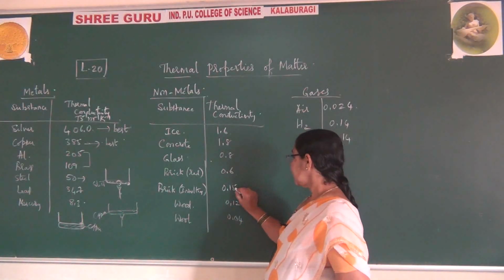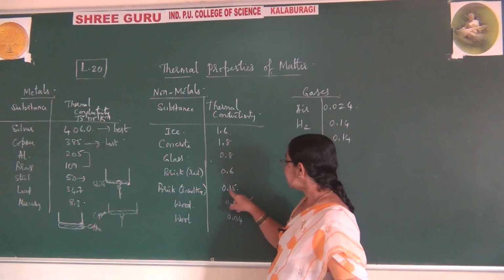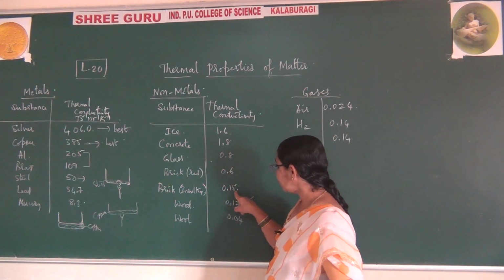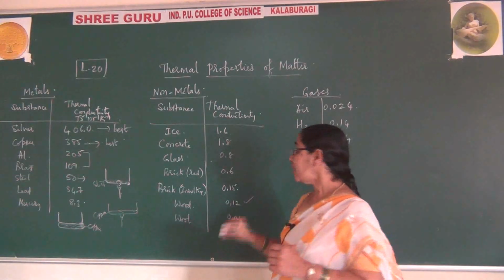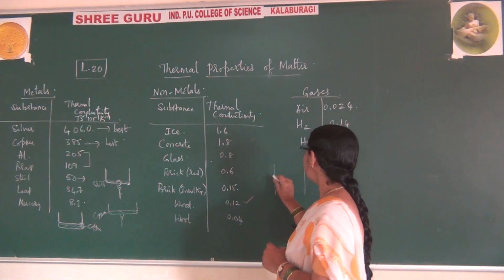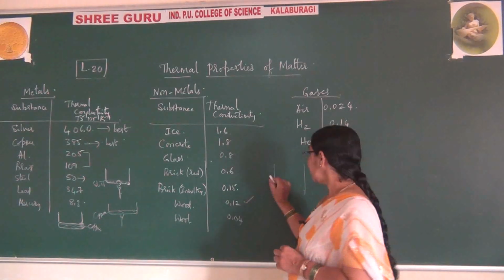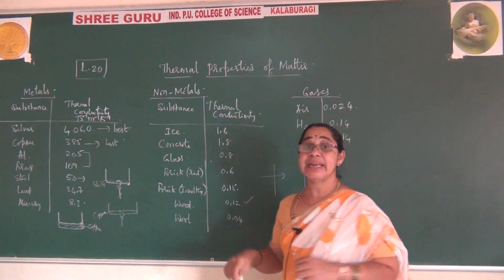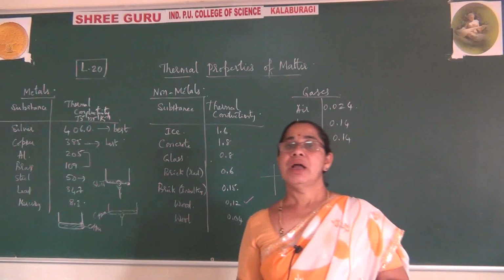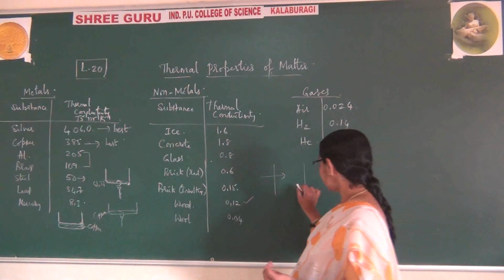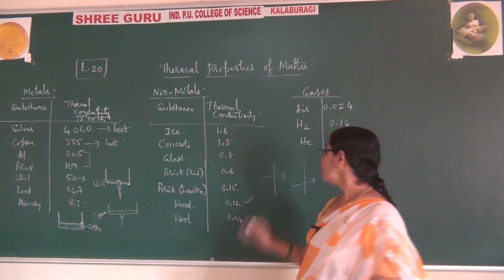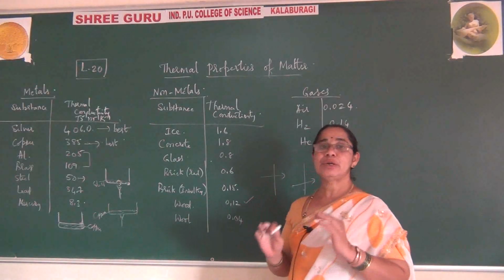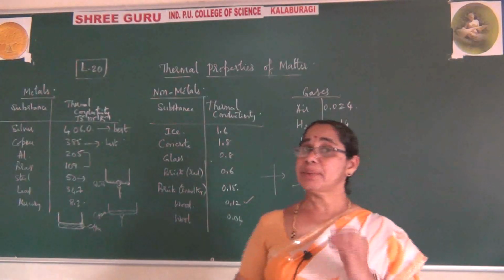Due to which, you already know the one which is at highest value, 0.15, the thermal conductivity, due to which the house which is constructed using bricks, what happens? It will never allow the heat to conduct into the house, or sometimes whatever heat is there in it will never allow the heat to go out of it. Due to which, it is comfortable to construct the house with bricks.